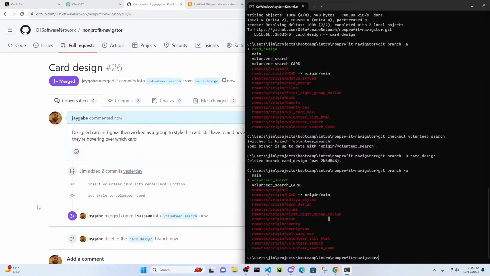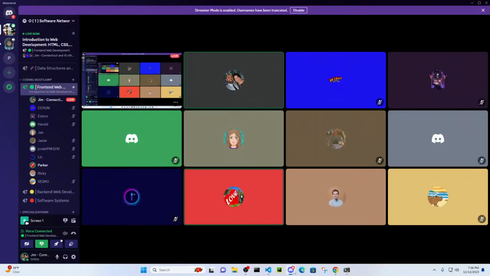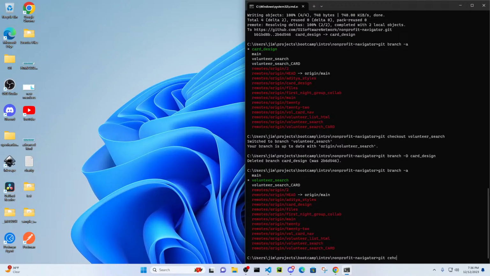We'll create another branch for actually injecting the JavaScript into our template literal. I'll go over the code in just a minute. But what's the command to create a branch? We're going to insert JavaScript into our volunteer details page, so we could call it insert JS details or whatever you want to call it. Does anyone have an idea of what the command is going to be? Git checkout -b and then whatever name you want for the branch. Perfect. So git checkout -b and then we'll call it